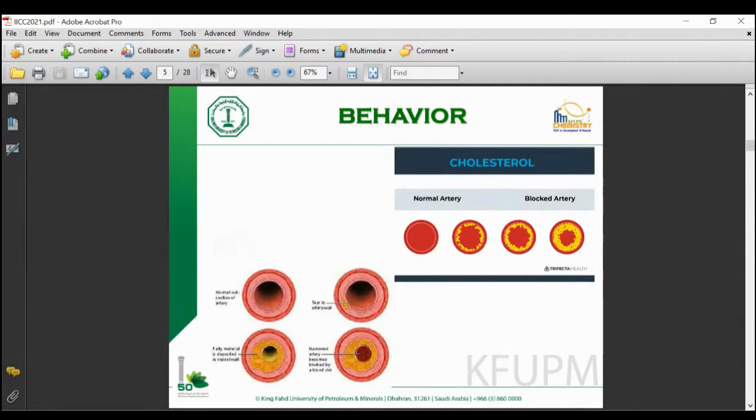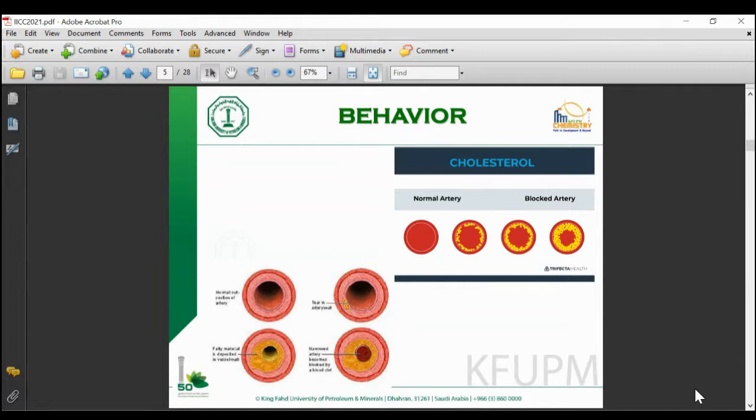You must be surprised why I'm showing this slide. Cholesterol. Actually, this is a normal artery. This artery shows the blood flowing fine, but then there's a deposition of yellow material, which is cholesterol. And those who are health conscious monitor it. Both their low and high cholesterol, they monitor it, and they know it.